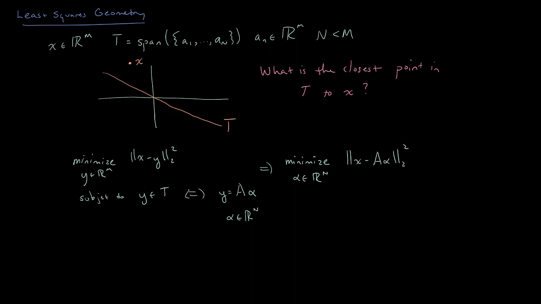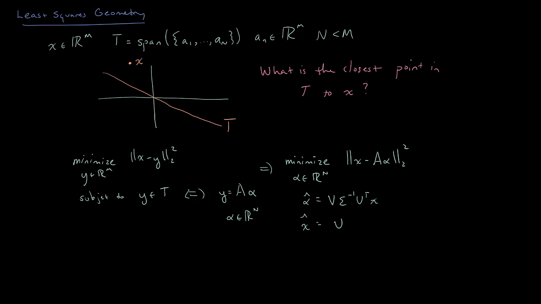And other than the fact that we're used to having x be y and alpha be x, other than this small notational change, this is exactly the least squares problem we've been considering for several weeks now. And we know the solution. So we know that alpha hat is going to be given by V sigma inverse U transpose x, and x hat is just A times alpha hat, or